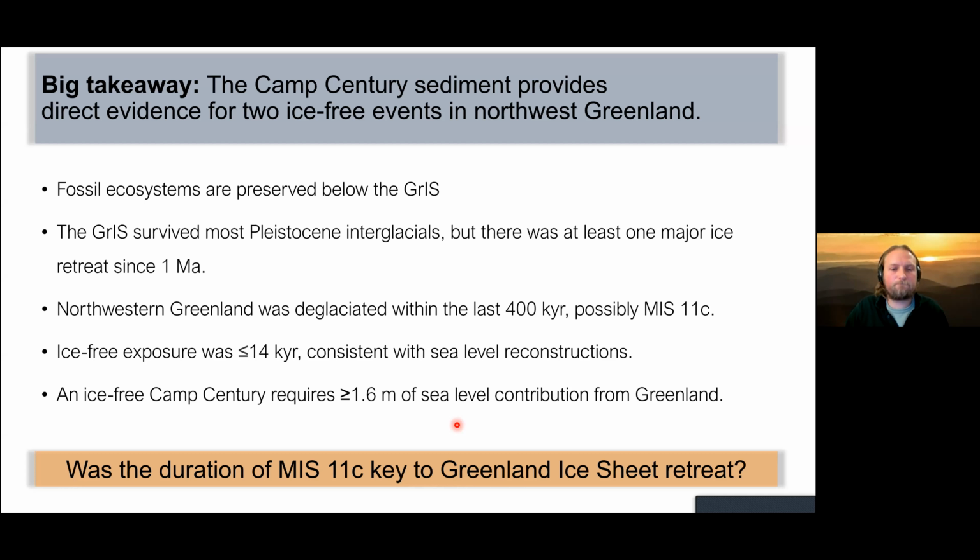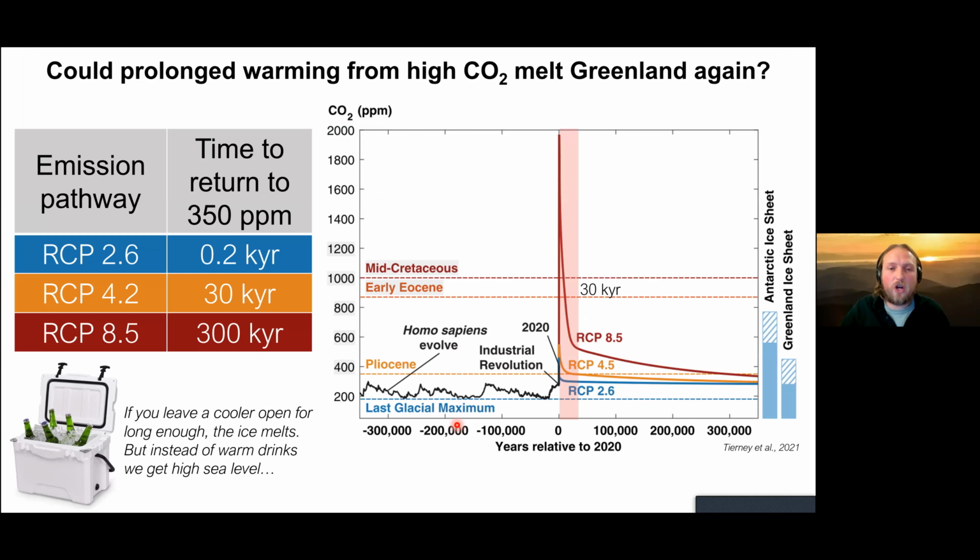from Greenland. And I'll end today with a question: was the duration of MIS 11c key to the retreat of the Greenland ice sheet? MIS 11c was very long relative to other Pleistocene interglacials, 29,000 years. And so while the climate forcing factors that caused the ice sheet to retreat during MIS 11 are very different from what we face today with higher carbon dioxide in the atmosphere, what I am suggesting or proposing is that the duration of very long temperatures that we will see from high CO2